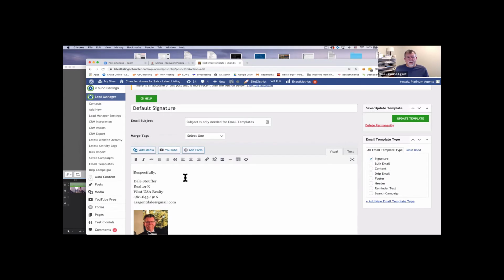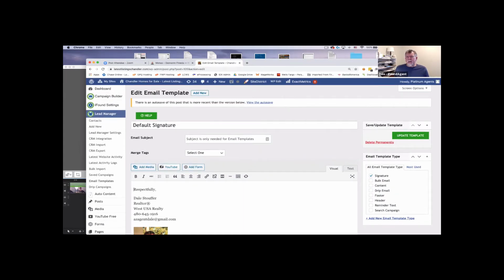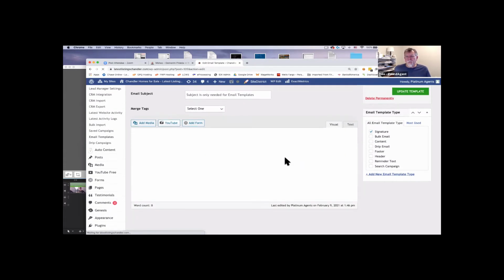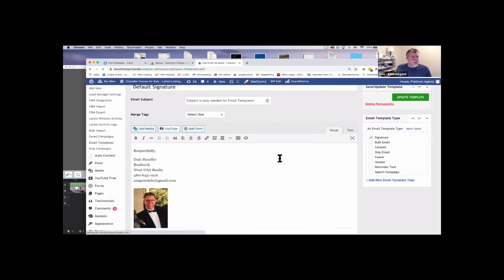and you'll be able to do it in your signature. Okay, once that's done, here on the right side, you're going to see update template, and all you do is click it. This little spinner goes, and when that's done spinning, it's updated, and you've now changed your signature. Once that's complete, go back to email templates,